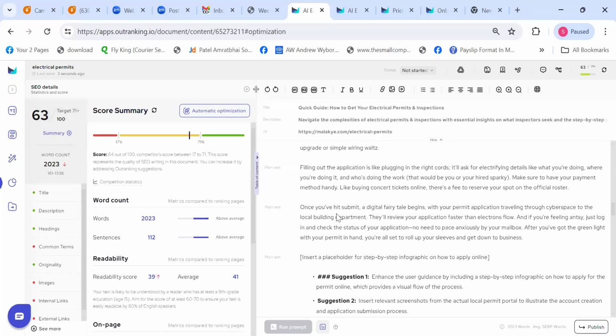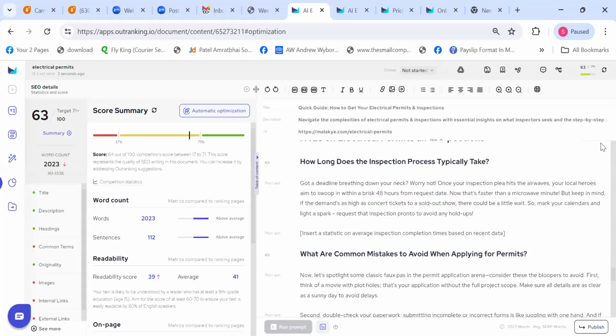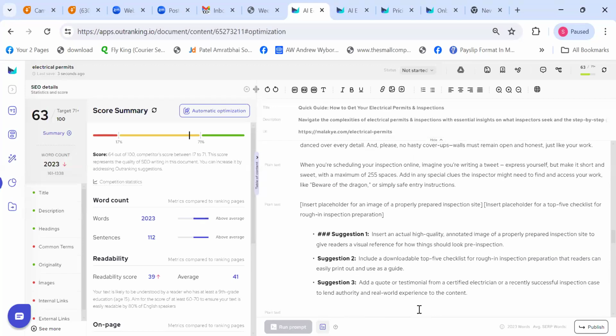And as you can see, with the first step that we have generated, we are already on an SEO score of 63, while the target is 71 plus. See, when I say 71 target, that is the minimum, like, that needs to be achieved anyhow. But if you optimize most of the things, you can go up to 85, 90, 95 as well. Now let's talk about word count. It says decrease by at least 685 words. Now, when you remove all the suggestions and just implement the ones which are required, the word count will automatically go down as well. So this is fine.